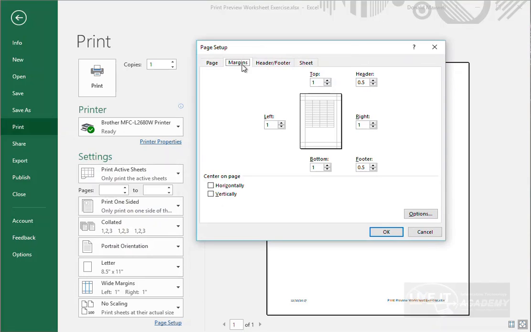And this is pretty cool, right? So it gives me the top and bottom margin. And by rule of thumb, it's like 1 inch at the top, 1 inch at the bottom. You can have a quarter at the sides, instead of an inch, you can have a 1/4 inch at the sides. Right? And again, this is going to depend on how you are laying out your papers in landscape or portrait, right? And for the header and footer, 0.5 is the norm, right? 0.5 is the norm for header or footer. Okay, so yes, you can adjust your margins to ensure that the information is being printed on the paper in the right place,